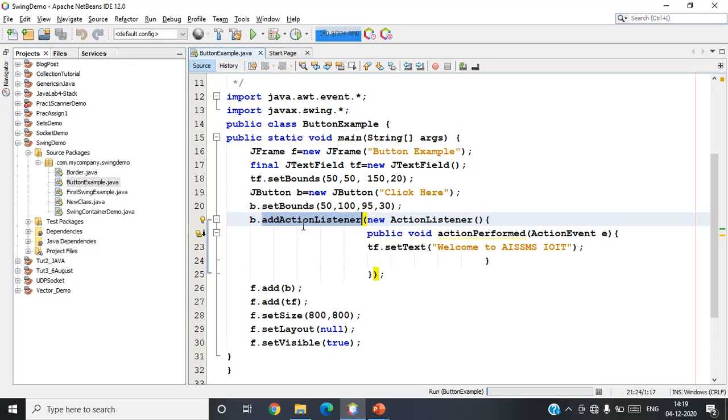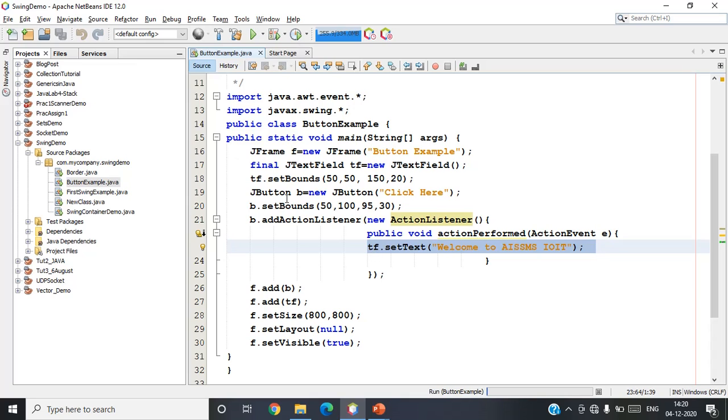Here I have created my JButton with the name b. Whatever action will be performed on my button will be determined by my action listener. An action listener can be used with the implements keyword in the class definition. Here is a simple example of the action listener: whenever my button is clicked, what action needs to be performed. Here it is coded: tf.setText("Welcome to AISSMS IOIT").